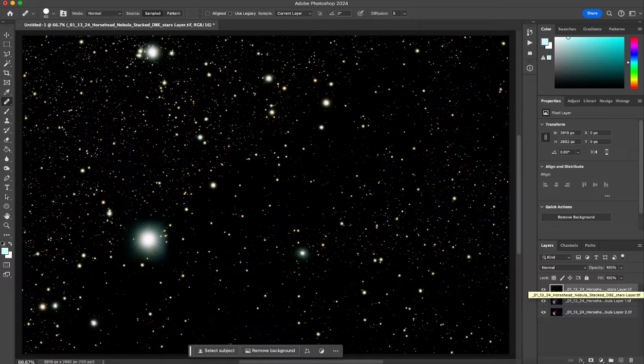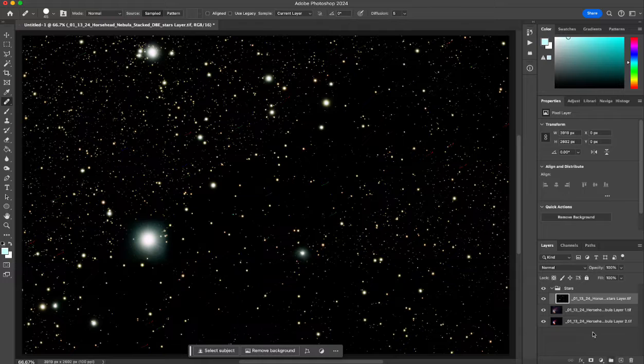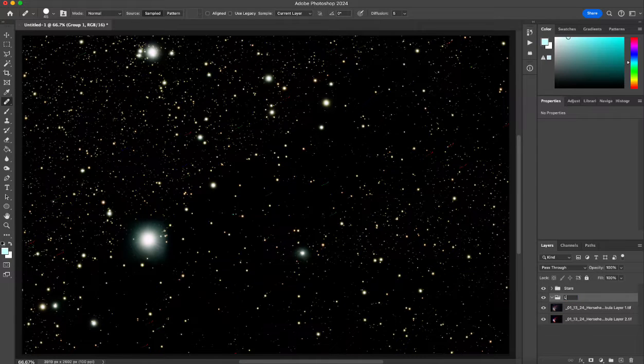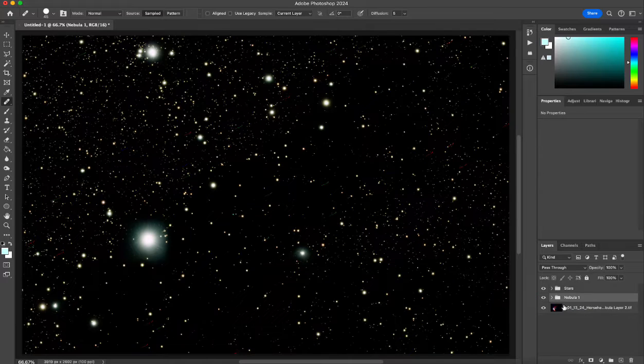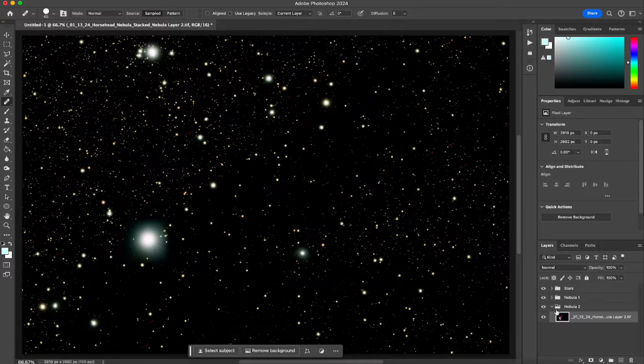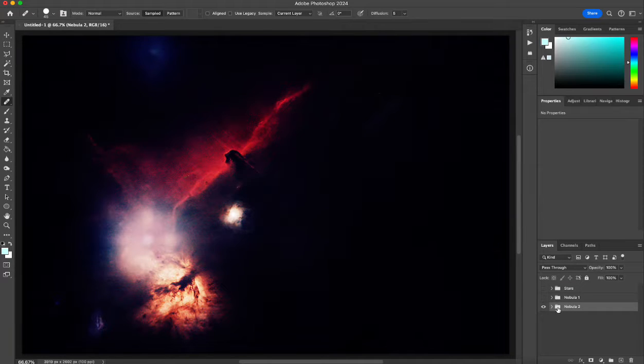And then I'm going to create groups for these. So this will be our stars. Create another group, which is nebulae 1. And a final one, which is nebula 2. Okay? So each one of those now is in its own separate folder, and we're going to start off with